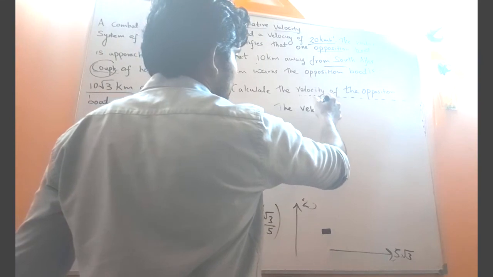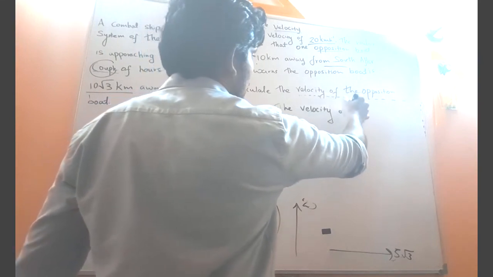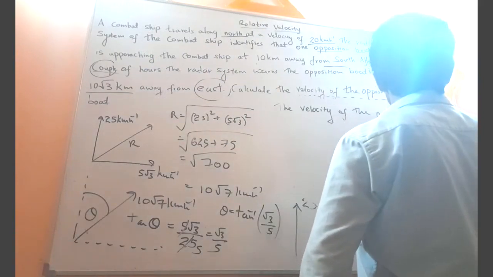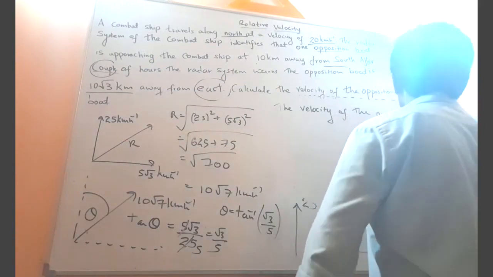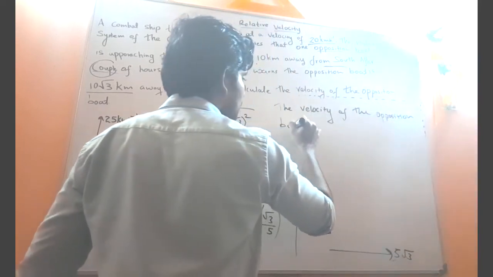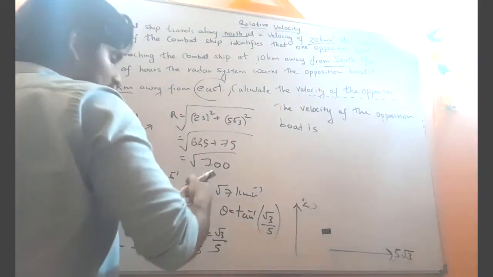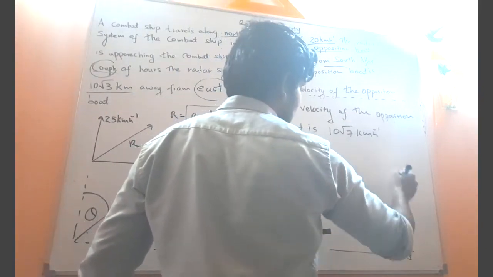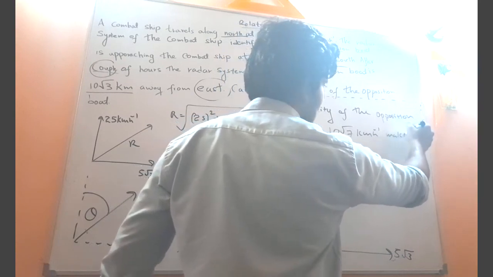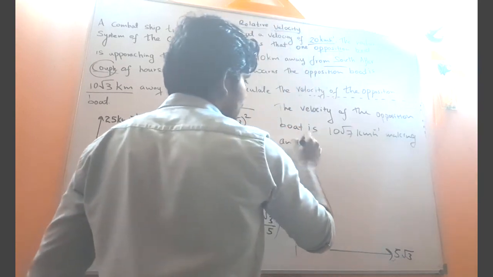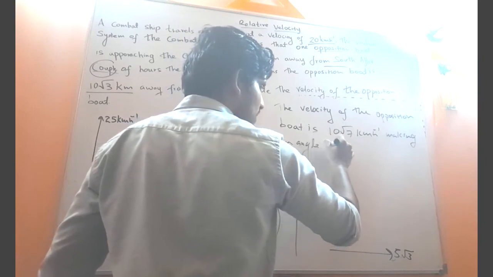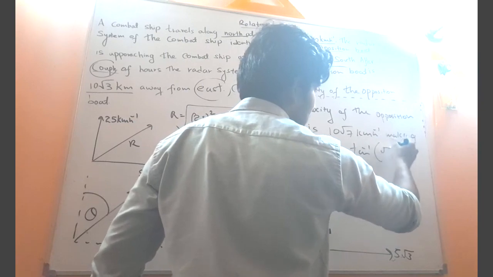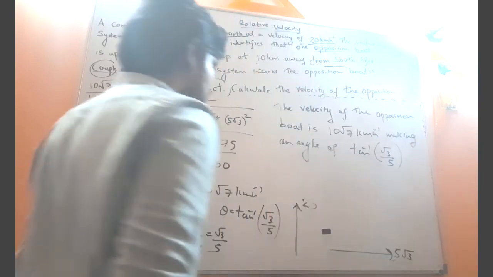The velocity of the opposition boat is 10 root 7 kilometers per hour, making an angle of tan inverse root 3 divided by 5